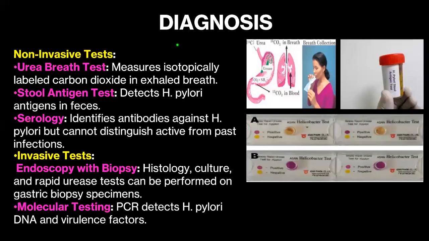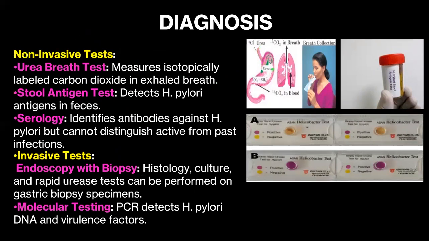How will we diagnose H. pylori? We have categorized the tests into non-invasive and invasive tests. Non-invasive test: the urea breath test measures isotopically labeled carbon dioxide in exhaled air. Actually, we use urea in which the carbon is a labeled isotope, and we give the urea